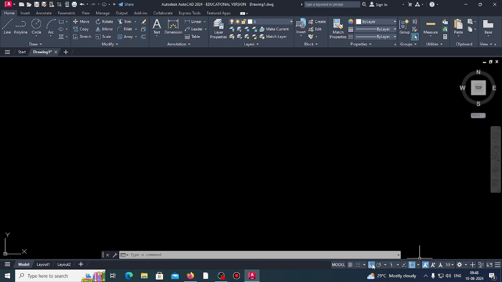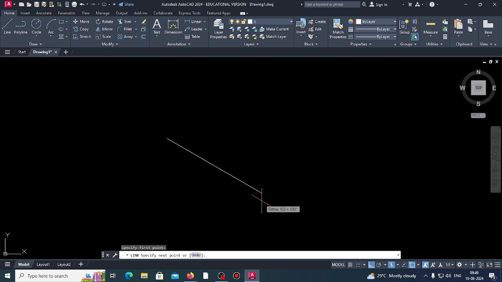Second one, ortho mode F8, and third one, ISO drafting mode switched on. It should be switched on. Okay, these 3 settings are to be done to draw the isometric view of any object. Now the cursor will change like this, and if you take line, automatically you can draw the angular